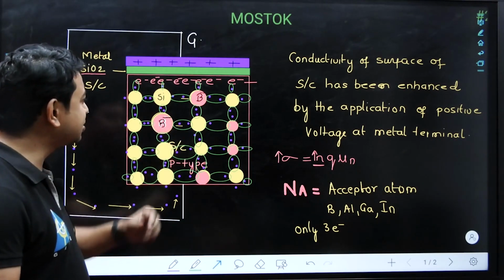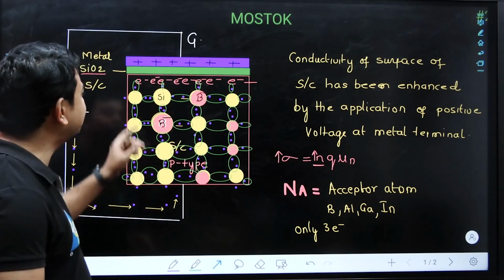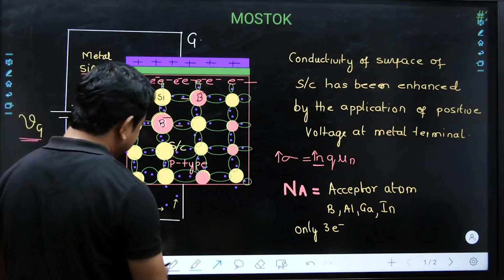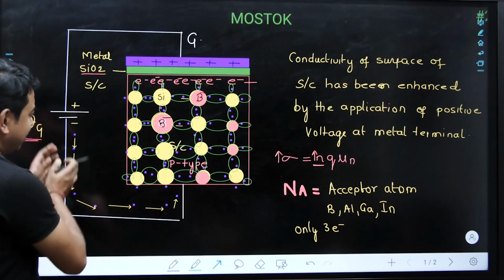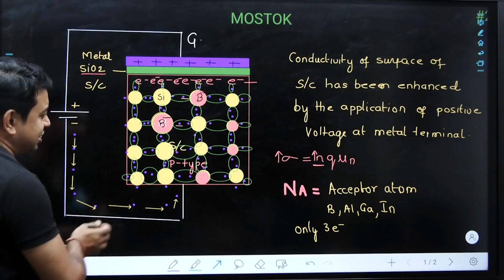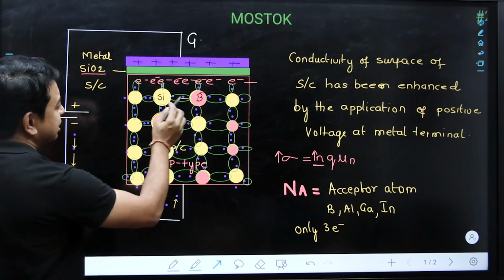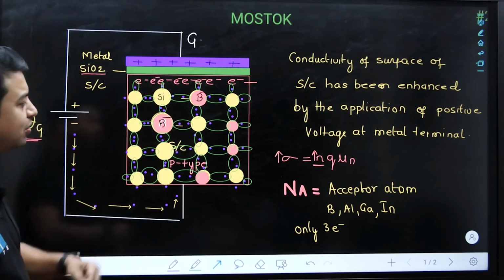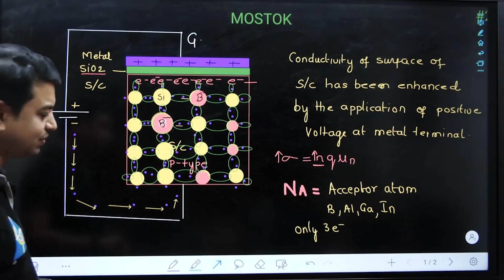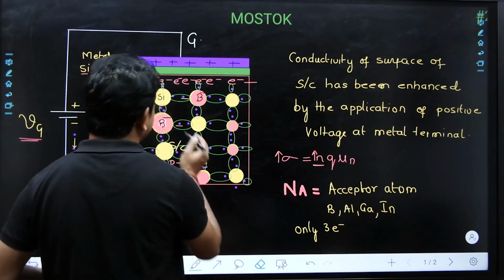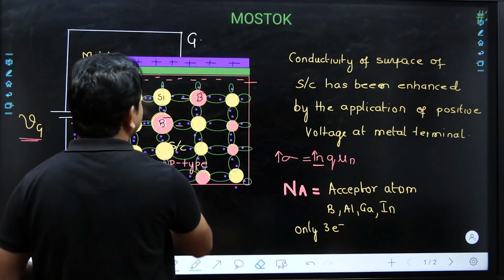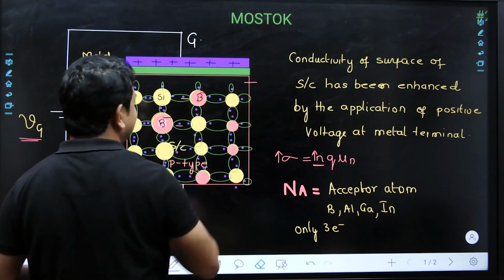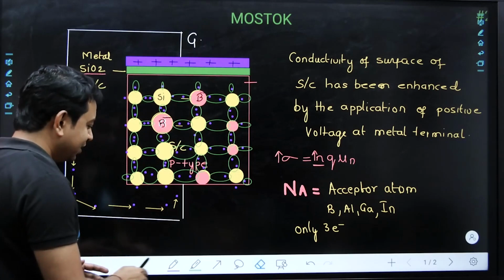If the electrons have occupied this particular state, we don't have any free electrons here. That means whenever electrons are entering from here, and we have a countable number of electrons entering, they will take the spaces that are present in the boron atoms, and we don't have any electron concentration on top of this semiconductor surface. That means in the initial stages, we don't have any electrons here. So this is the right way of answering. In the initial stage, we don't have any electrons here, but we have the ions.